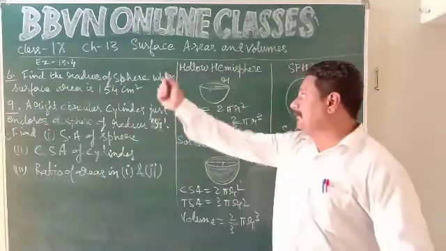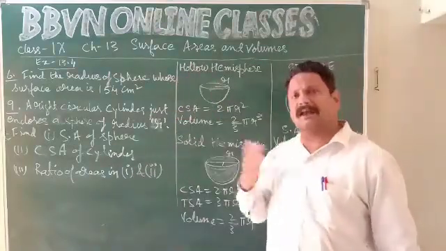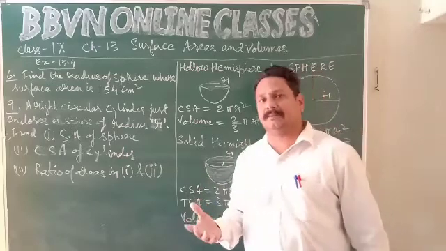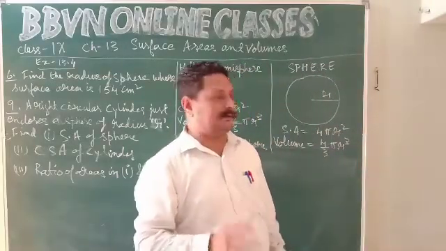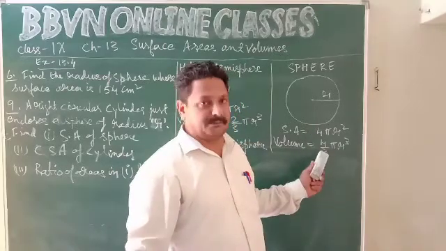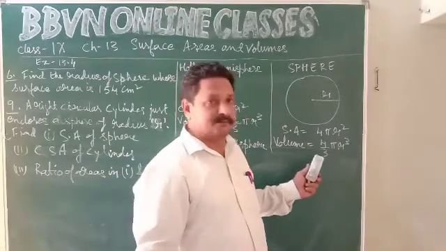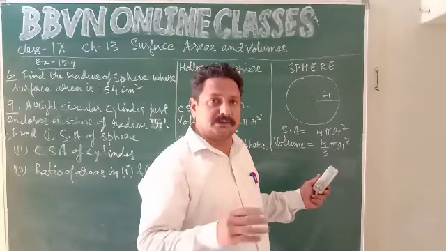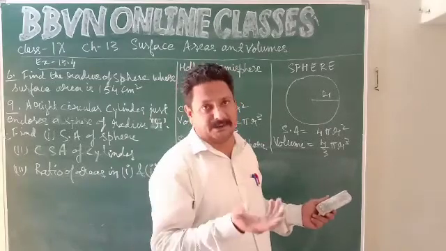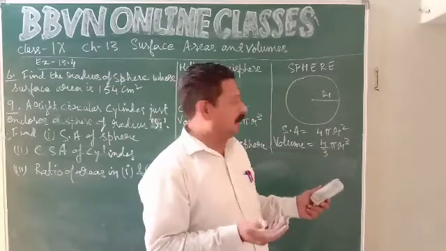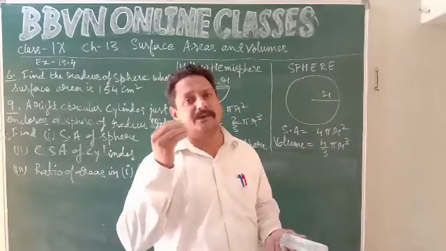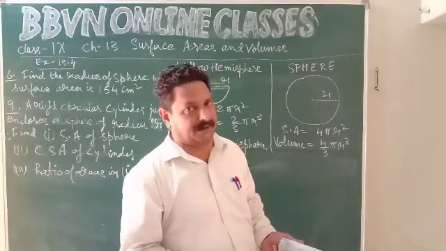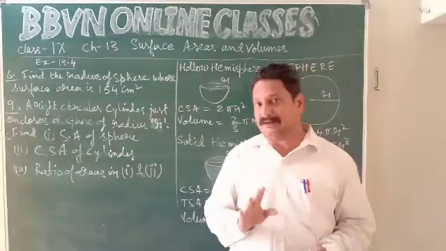But if we have this sphere, it can be hollow, it can be solid. अंदर से खोखला हो सकता है, solid हो सकता है, कैसा भी हो, surface area will be the same. Volume, if it is hollow, then the volume represents the air that it contains, its inner volume. Or if it is solid, this volume represents the volume of the material with which the sphere has been made. That's it. Identity remains same.